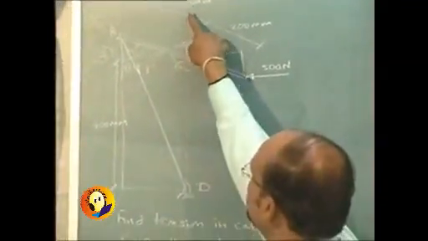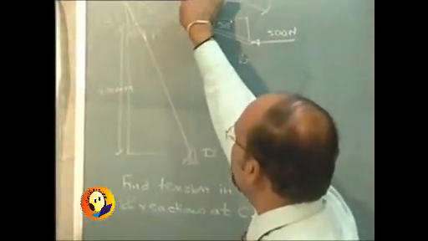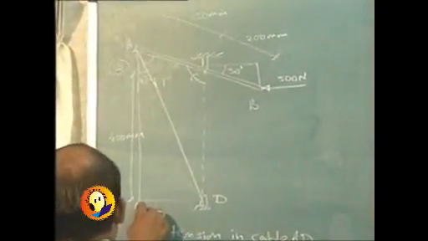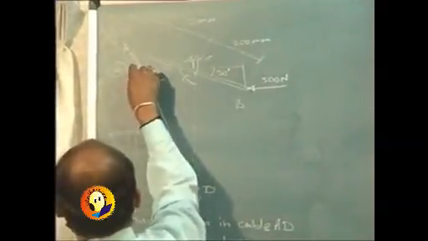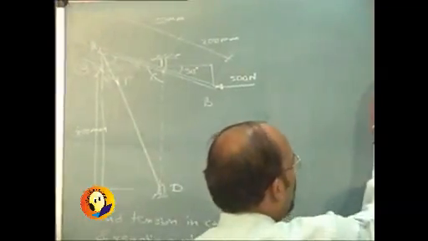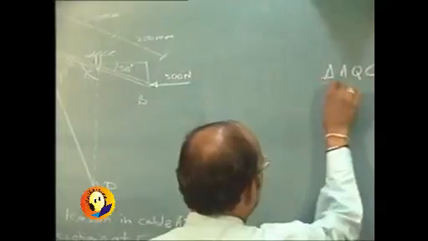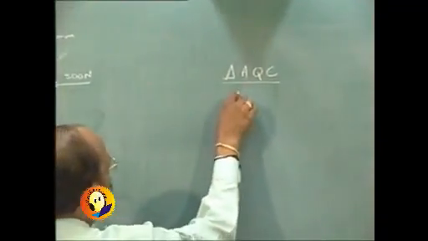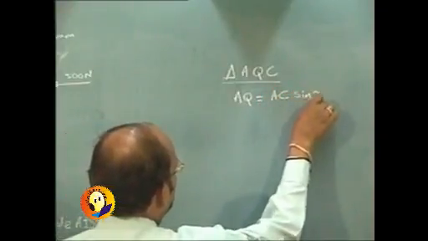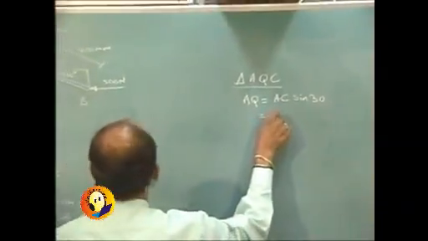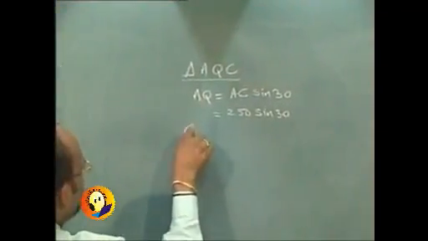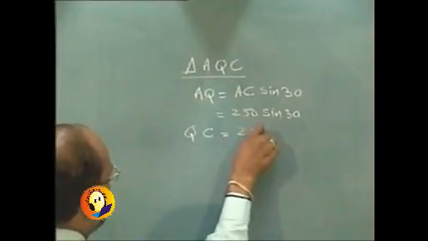But that horizontal distance as well as this remaining distance can be calculated from this 250, so let me name these points, say point P, then this point as Q. And so I can say that from triangle AQC, which is a right angle triangle, I can determine AQ, which is going to be AC into sin 30, and AC length is known to us as 250, so it is 250 sin 30 will be AQ, and similarly QC will come out to be 250 cos 30.